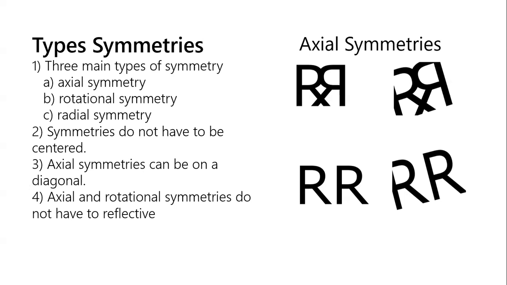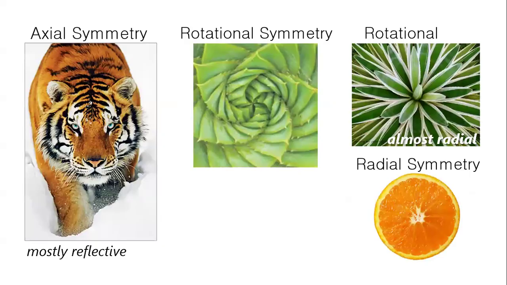Okay. That's axial symmetry. Rotational symmetry is, instead of thinking of a center axis, think of a center point, and then everything is repeated, balanced all around that center point. Now, there is a special kind of rotational symmetry called radial symmetry, and that's where it is rotationally symmetrical and it's also axially symmetrical on at least two axes. So to give you an example, this is a type of rotational symmetry that is